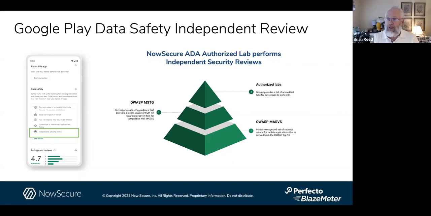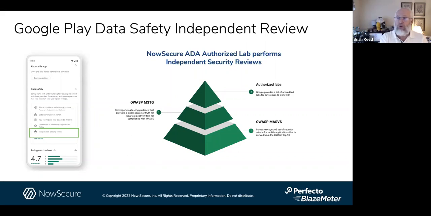So effectively, the ADA group, ourselves, Google, and others, we created a spec that is built on OWASP that allows for independent third-party verification. And so organizations like NowSecure, there are 4 independent security review companies authorized by the ADA program, can go do an independent security review. It's basically a pen test using OWASP MASVS, for lack of a better way to put it.